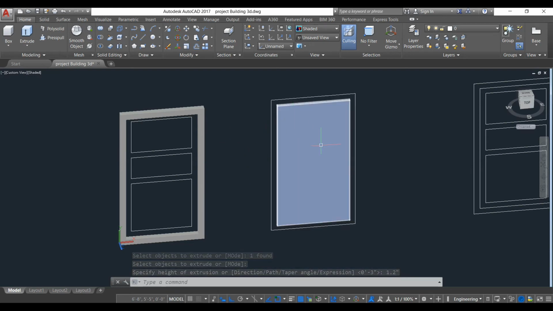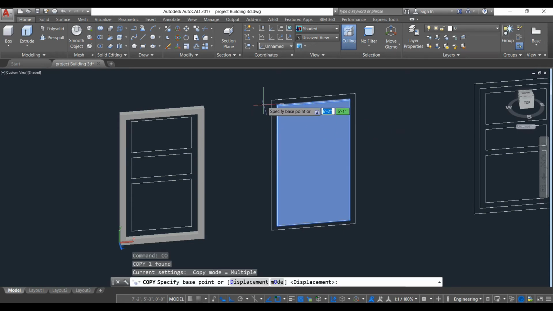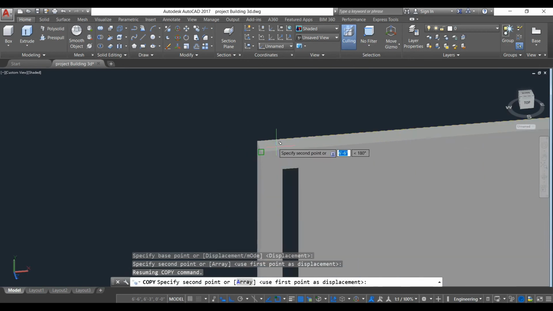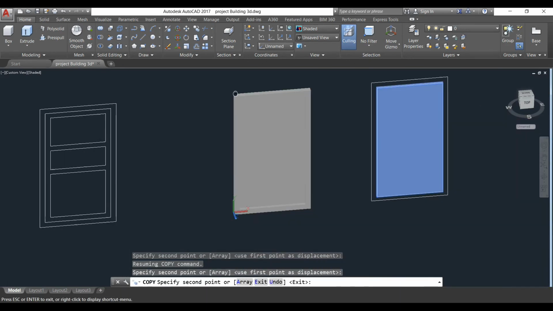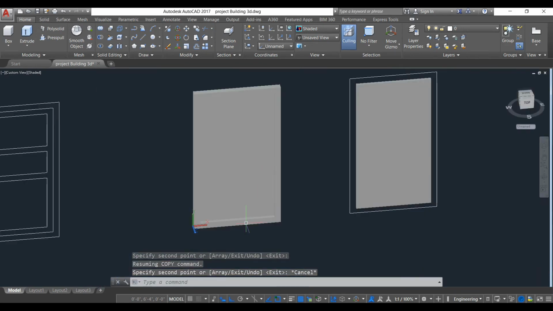Okay, now select this, copy, select this point and put it here. Okay, as you can see